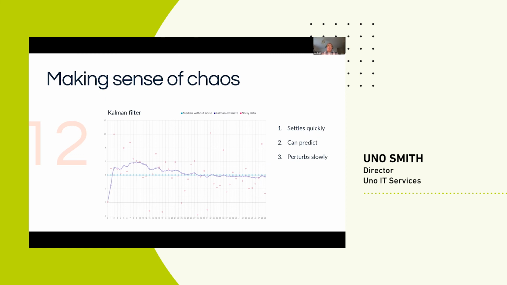You can use it for prediction. If you have a number of elements, because it settles fairly quickly into the noise set, you can say that your next one will be this, within a certain variance. And if your weighting in the Kalman filter is correct, if you're looking at, say, temperature or something like that in a windstorm, then if it's increasing, the Kalman filter will follow, and it'll tell you that it's increasing. And it tends to be quite accurate.